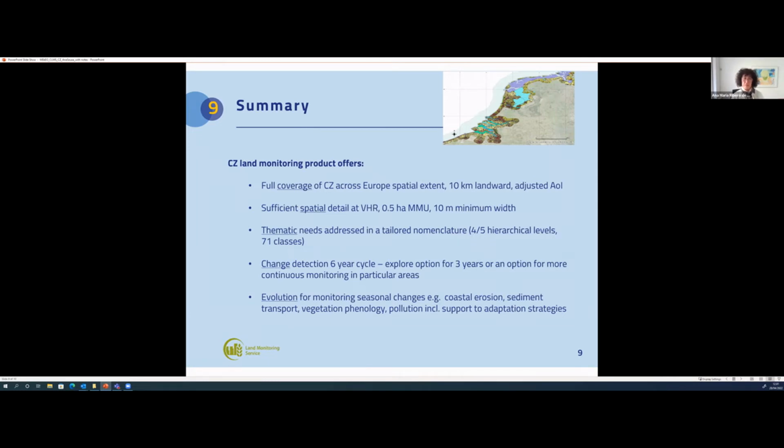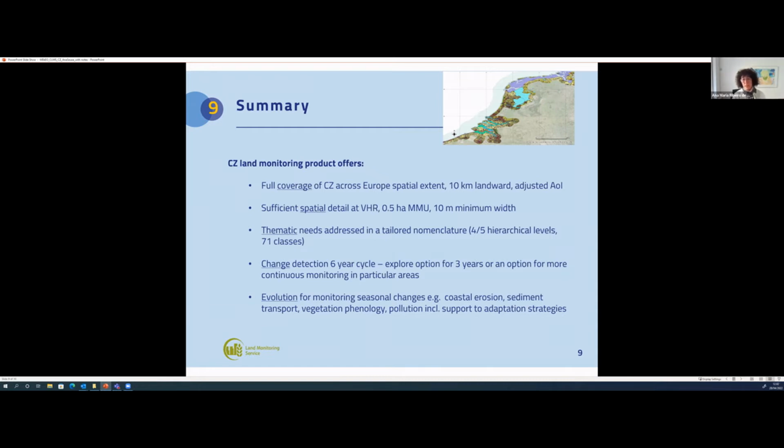The thematic needs were addressed in a tailored nomenclature that goes down to 4 or even 5 hierarchical levels with 71 classes. The change detection has a 6-year cycle, in 2012 and 2018, but we are exploring options for a 3-year gap between the inventories, or even an option for more continuous monitoring in particular areas, but this is not yet decided, it's being thought about.